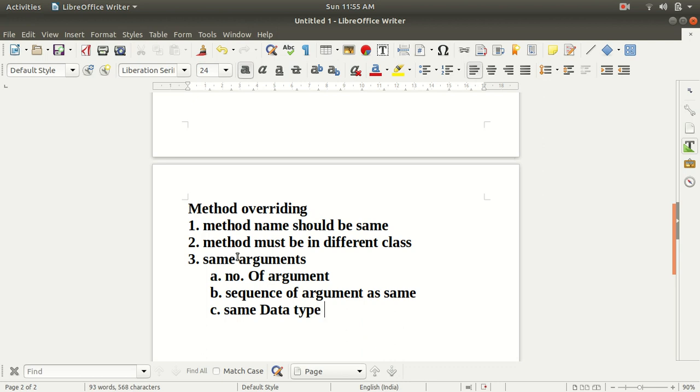Okay, type of arguments, right? So guys, these are the rules to achieve method overriding.